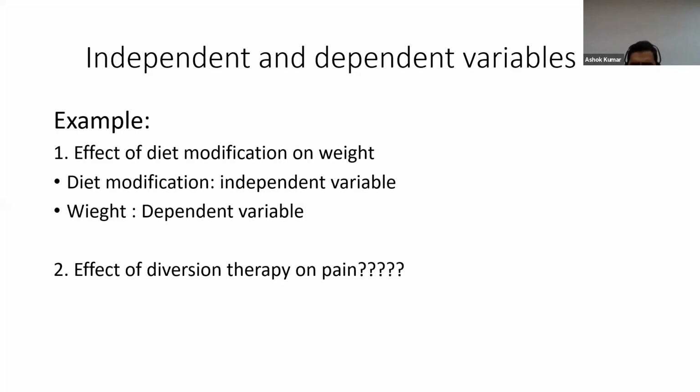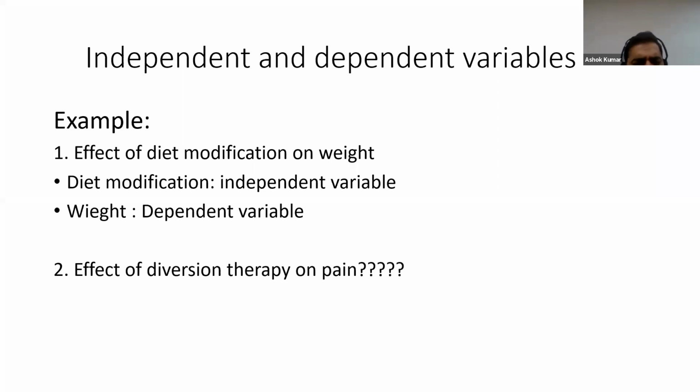Now I want to draw your kind attention to dependent and independent variables, and I want to give one or two examples. The effect of diet modification on weight. We want to get the effect of diet modification on weight.